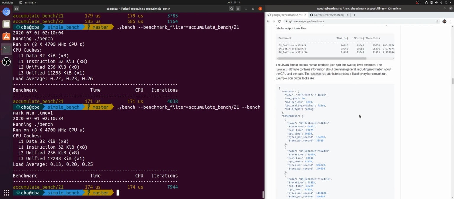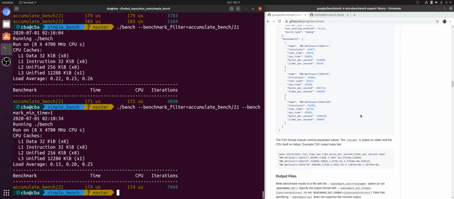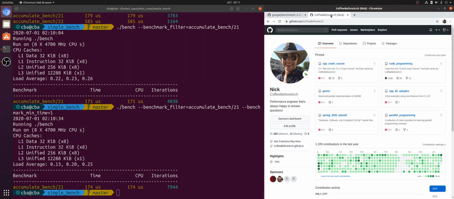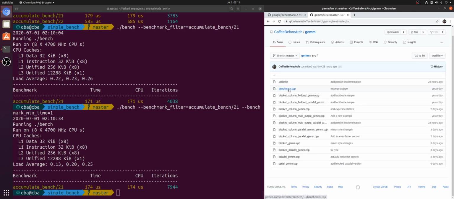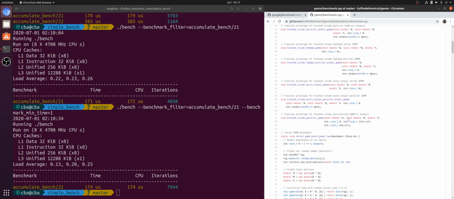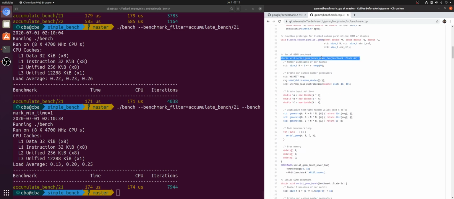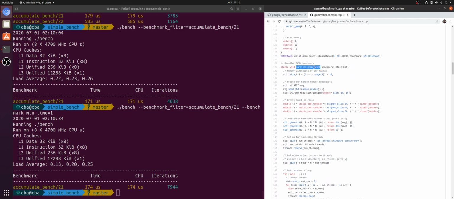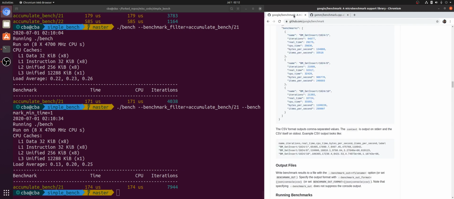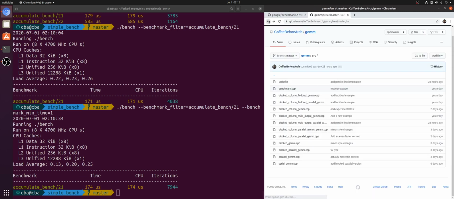So I encourage you to check this out, check out the README here, and go through some of the examples in here. If you want to look at any of my code or any of the benchmarks that I do, recently for some matrix multiplication benchmarks, I did this all with Google Benchmark. So you can see I wrote a number of different benchmarks here for, say, serial benchmarks, and even parallel benchmarks. So I'm using multi-threaded benchmarks as well. There's some information about that in the Google Benchmark README. So you can check out any of this code at